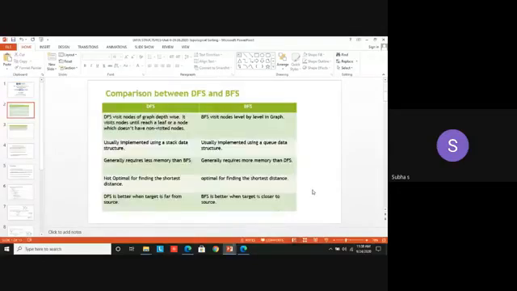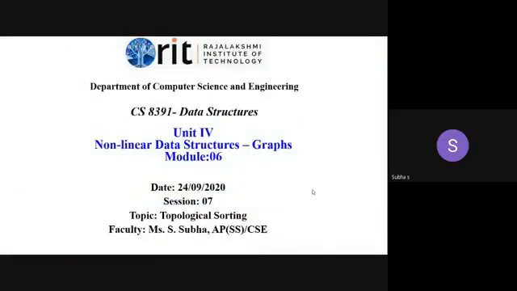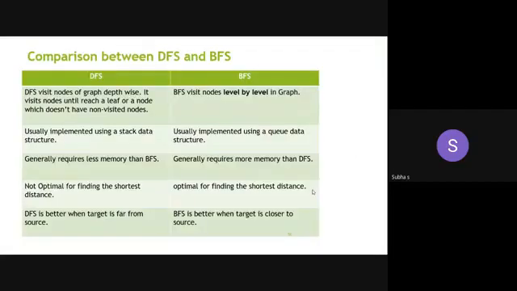Let's see the difference between BFS and DFS now. Then we move on to the topological sorting. So here, it's given in a different way. First, DFS is the depth first. You can have it in any order. It's not at all a matter. On the right side, you are having breadth first search.